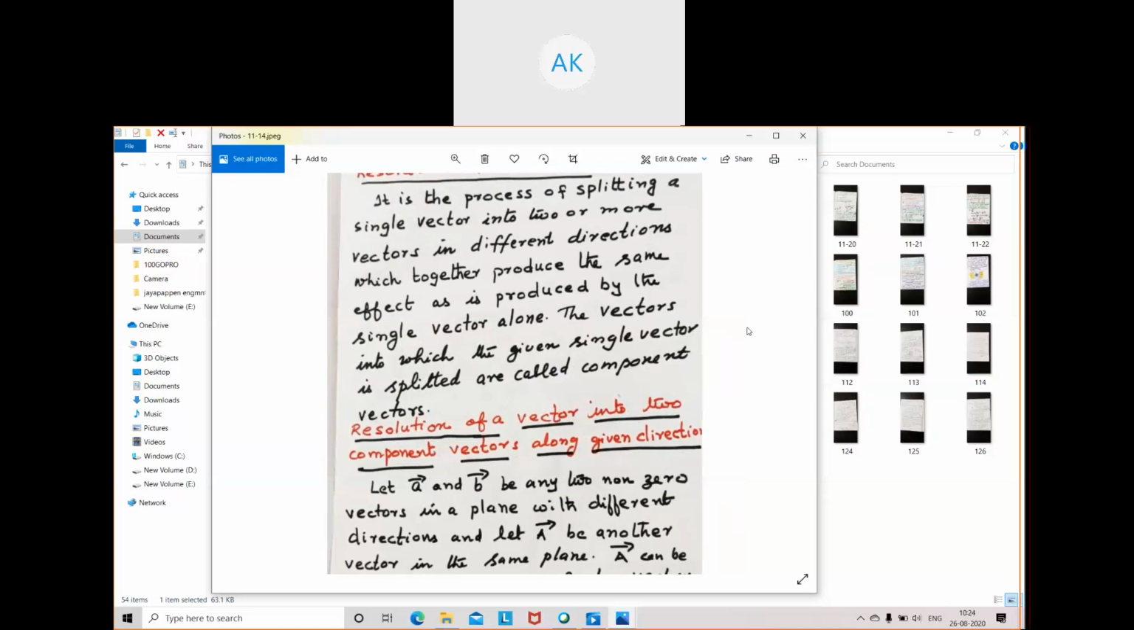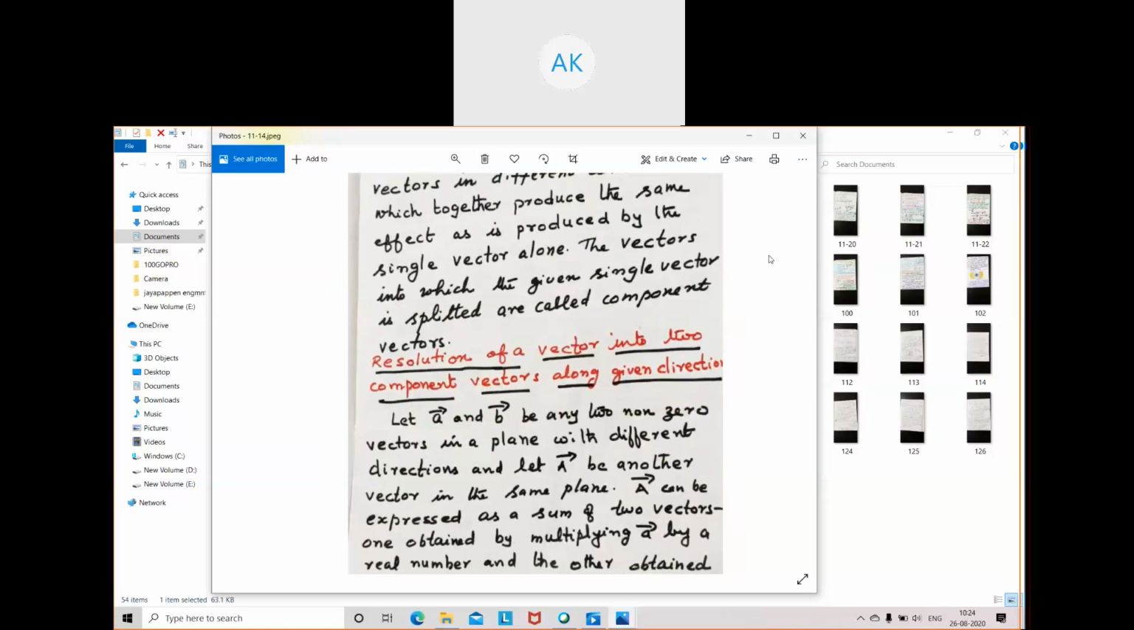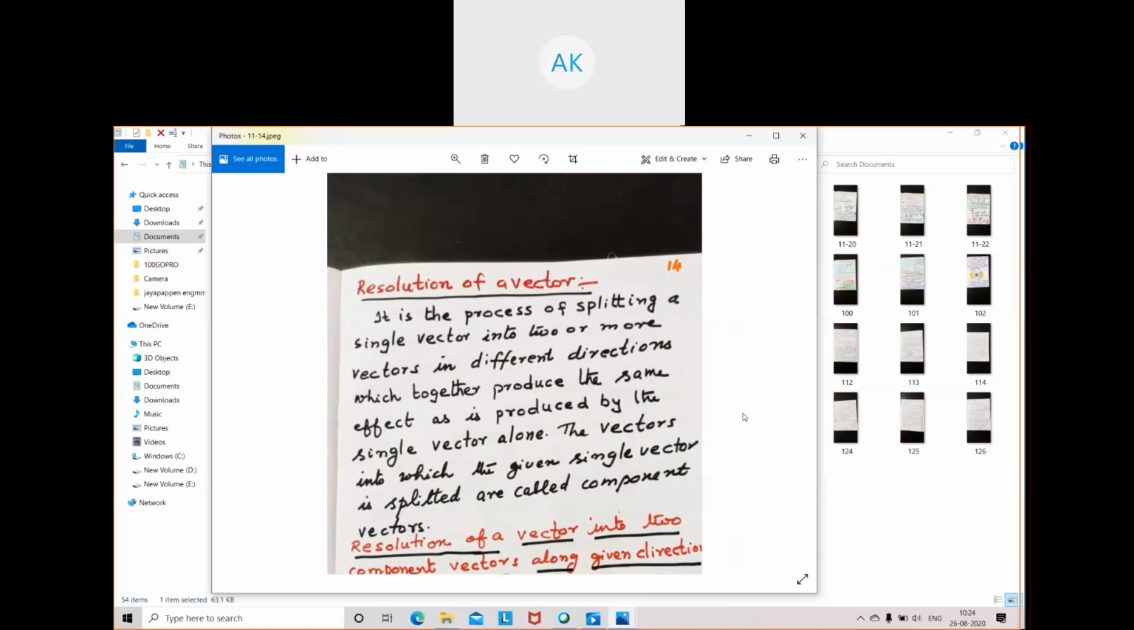Now we are going to split a vector into component vectors. That is the reverse process. What we have studied, combination of vectors. Next, what we are going to study, resolution of vector. A vector is resolved into its component vectors. So resolution means splitting of a vector into its component vectors. So what is resolution? It is the process of